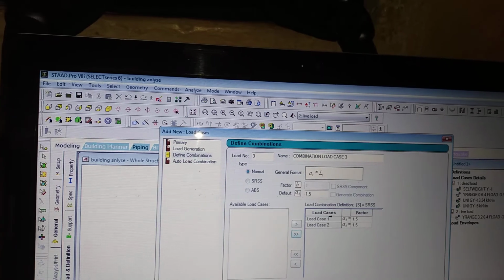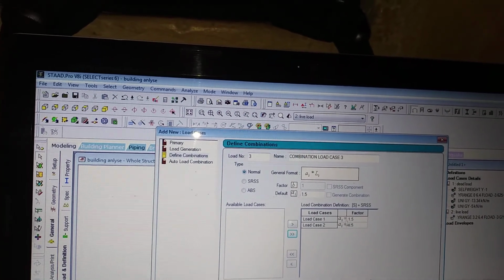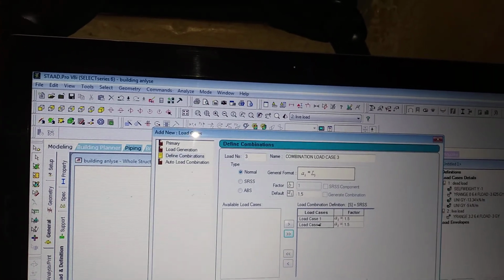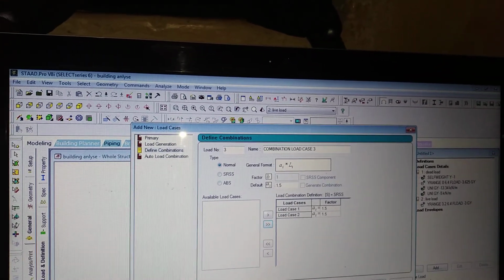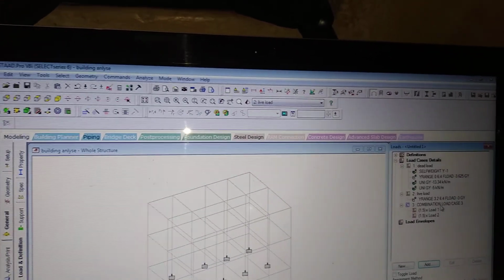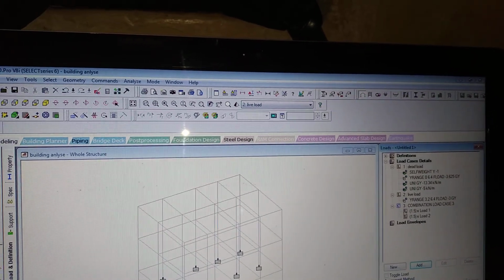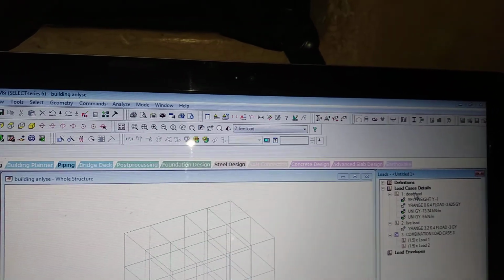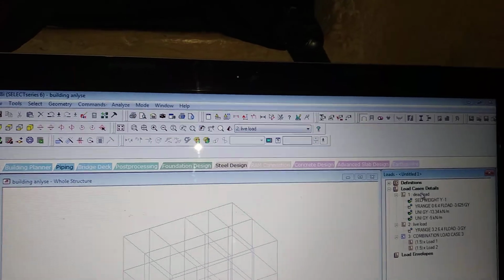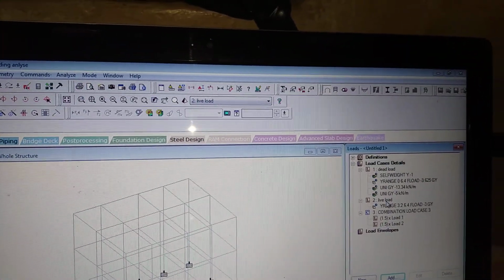It means dead load into 1.5 and live load into 1.5. Add it, close it. See here, load case 1 is dead load and load case 2 is live load. Okay, our property, support and load assigning part is completed.